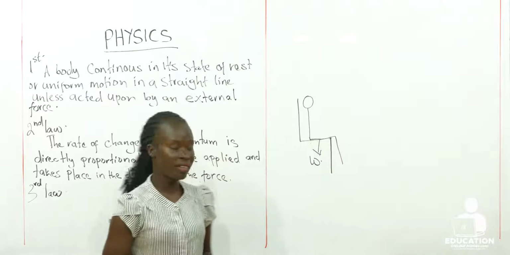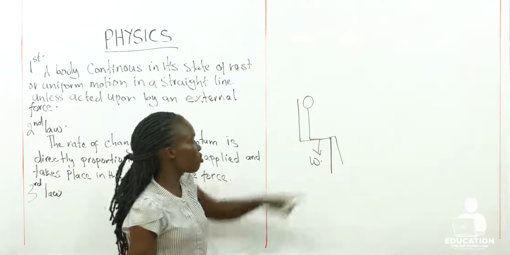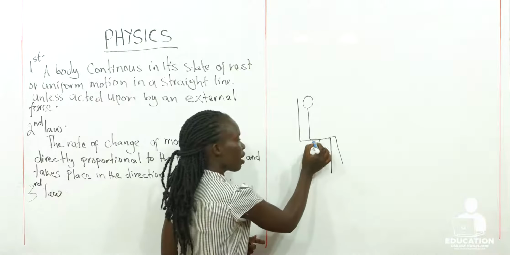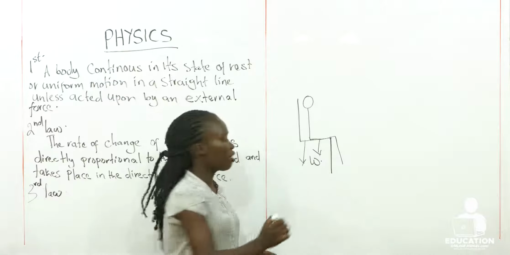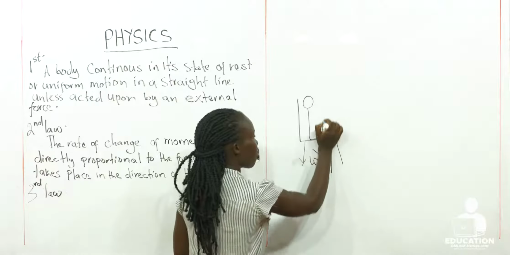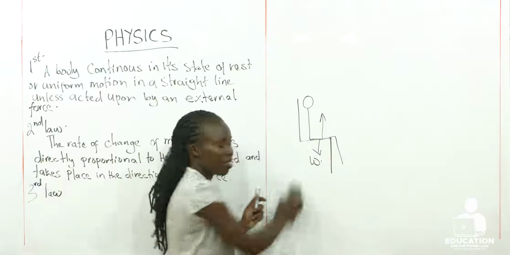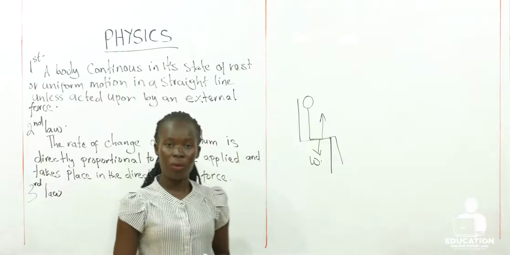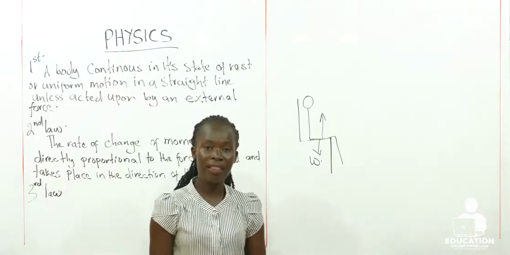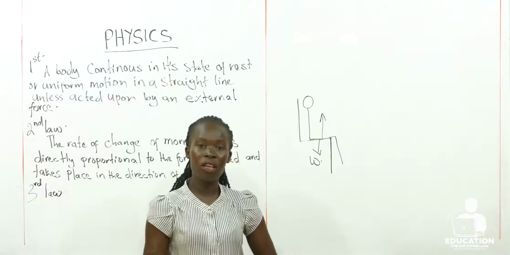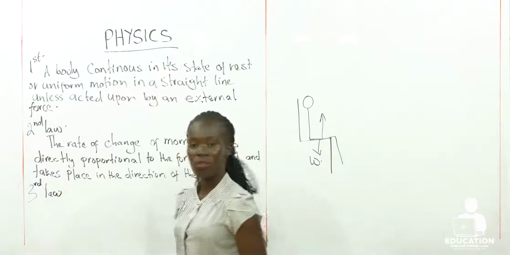So this chair is going to react back. The force it exerts on you is not going to be downwards. It is going to react on you in the opposite direction. The reaction the chair produces will be equal to your weight. That's why you sit on the chair and the chair does not break, because the two forces are balanced. So we can say that our third Newton's law states that